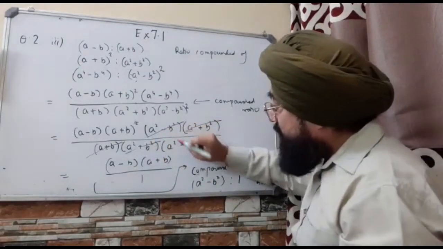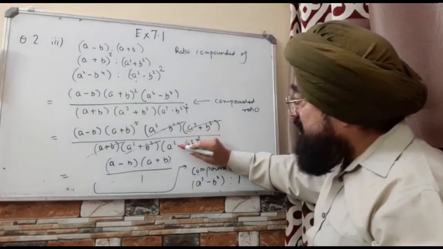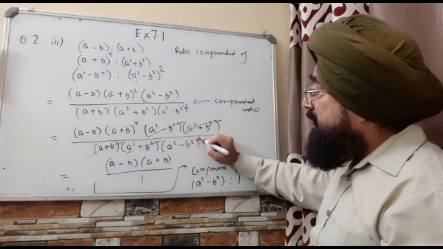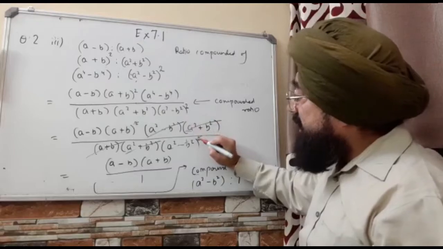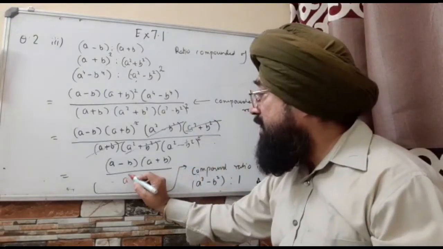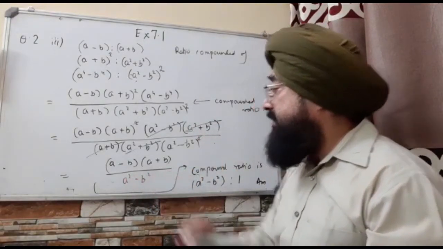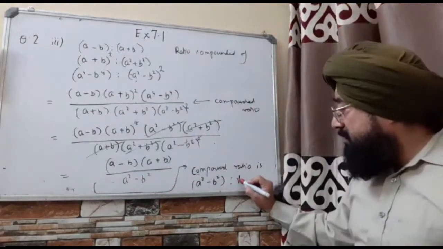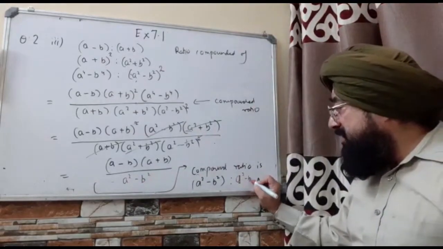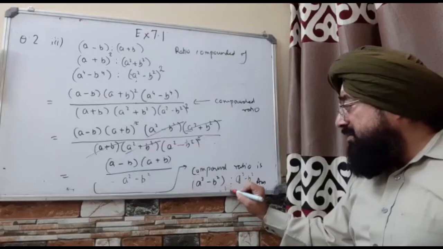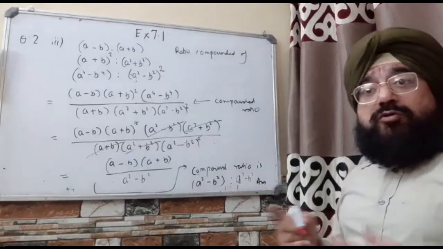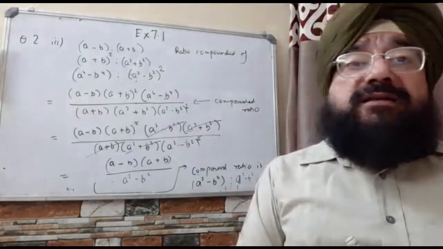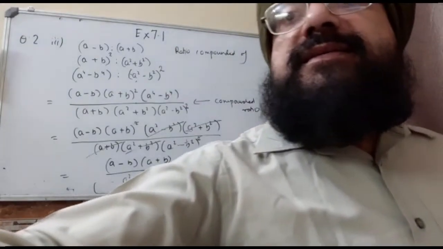If cancelled, see this is a square minus b square का square actually में, तो ये इसके साथ कटेगा तो नीचे अभी भी तुम्हारे पास a square minus b square एक बच रहा है, तो therefore it is a square minus b square और therefore you can say 1 is to 1. तो कॉपिंग में एरर थी क्वेश्चन के हमारे से, ठीक है।